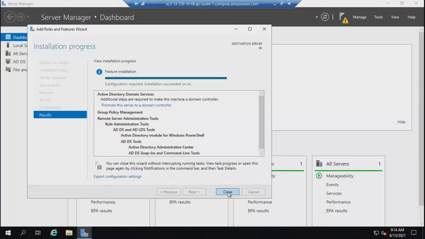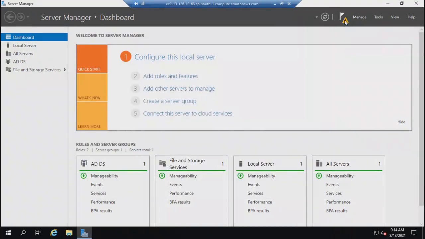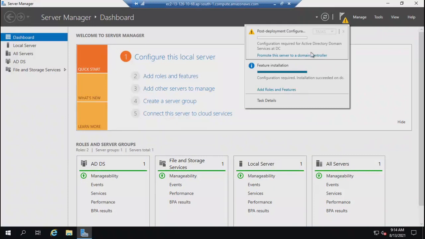Okay, so this is configuration required, installation succeeded on DC. I'm saying close. और यहाँ पे अगर देखोगे, you get this exclamation warning notification. Just click here and promote this server to domain controller. For your network, you want some controller, a main server which will control the rest of the machines. For the logical group of computers, there are two options: one is workgroup, one is domain.